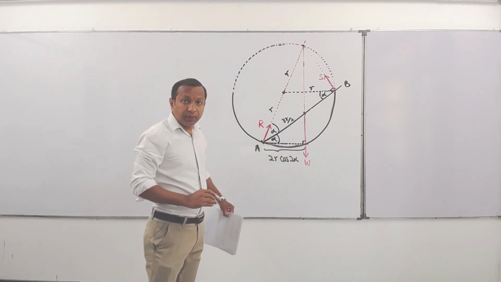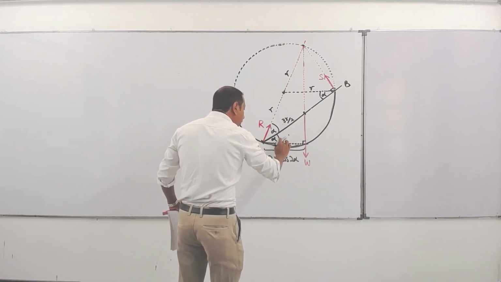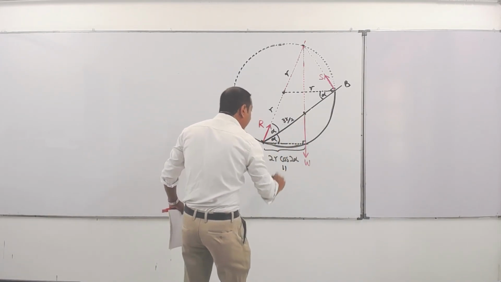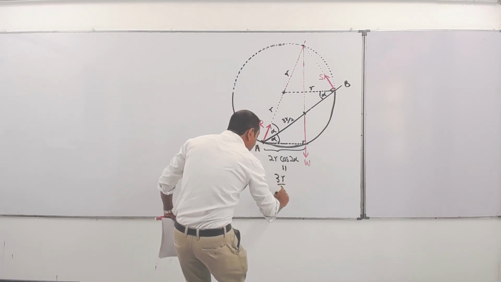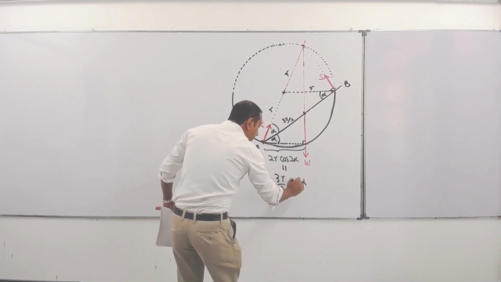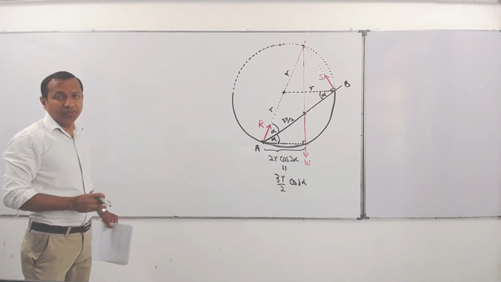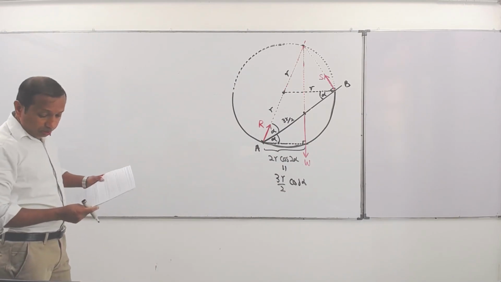The same length, this you can write using 3r by 2 and this alpha. Same length I can write 3r by 2, this length cos alpha. Right? Then these two lengths we can simply equate. Then we get the answer. Geometric method, right? Then